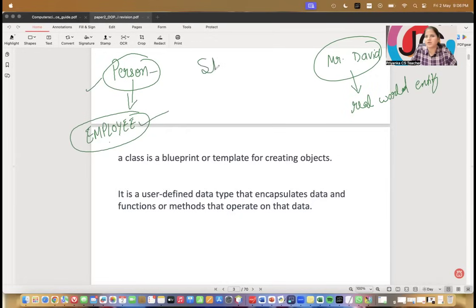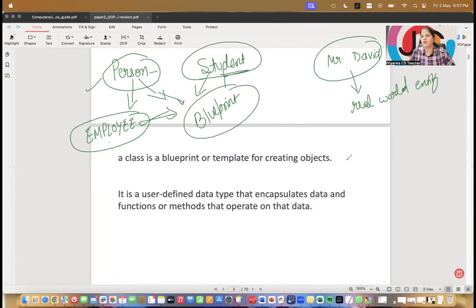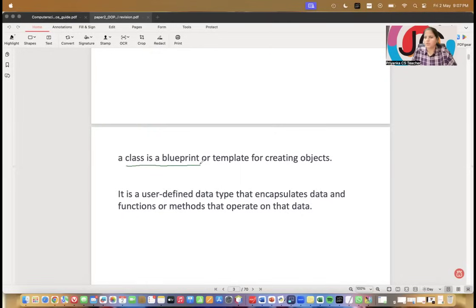If I'm saying student, this student is asking for leave. So again, student is just general. It's just a template. We are not talking about any specific person. So these words are very general, and we are not sure what we are talking about. So all these things are just a blueprint. If I'm taking the name of someone, Bob has taken my pen, then this means this person is a real world entity. So class is just a blueprint or template of real world entity